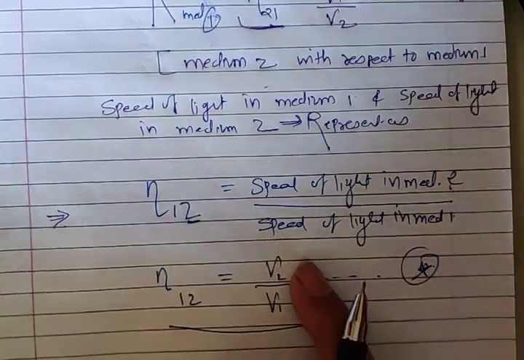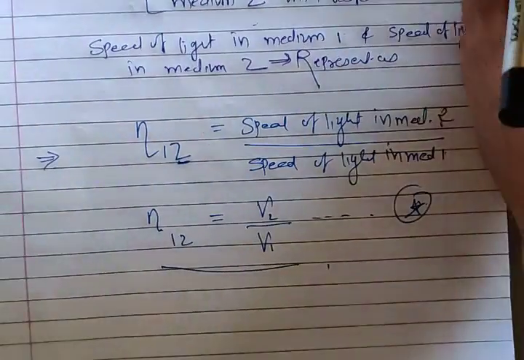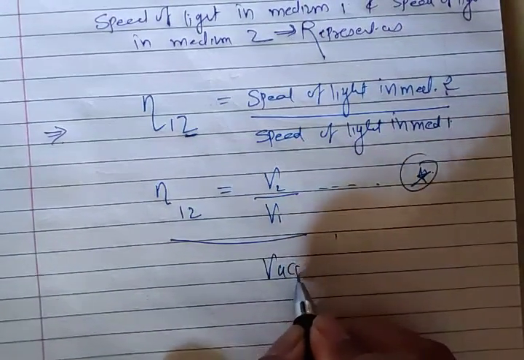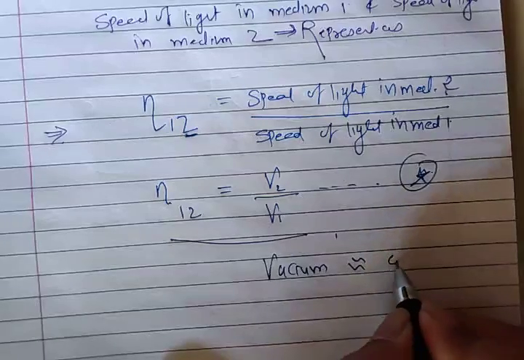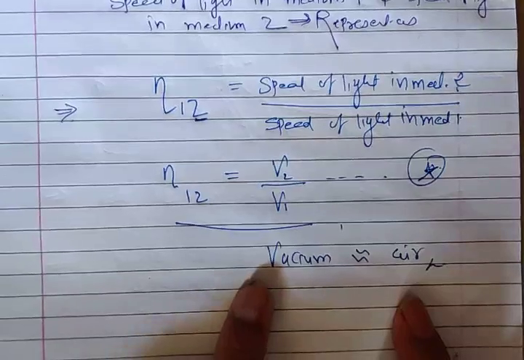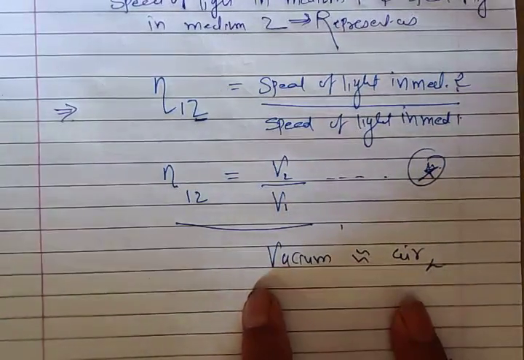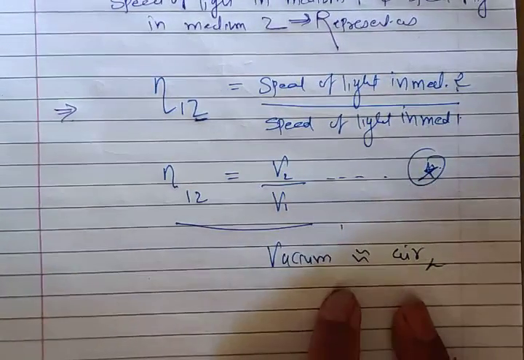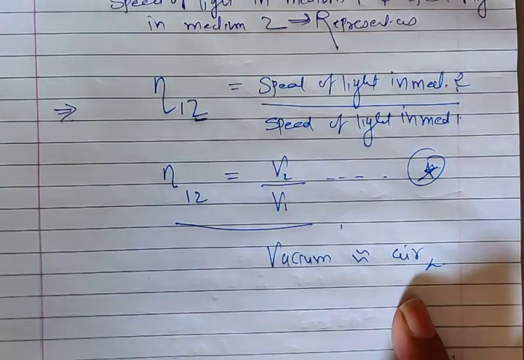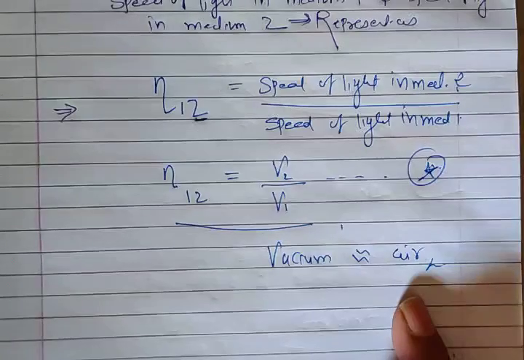In medium 1, if I take vacuum or air, we had considered it — it is a very difficult thing you have to keep in mind. Certain things we are just assuming: the vacuum value has been considered as an air medium. Why? Because it is very difficult to create a vacuum in a particular condition. So we are going to write in medium 1 vacuum or air, then the refractive index of medium 2 is considered with respect to vacuum. This is called the absolute refractive index of the medium. It is simply represented as n2.